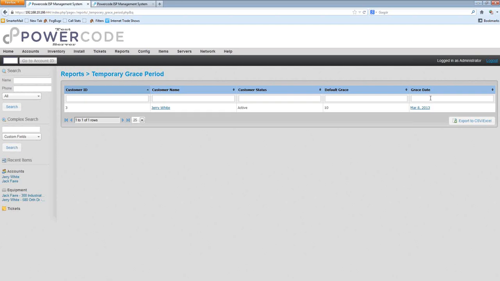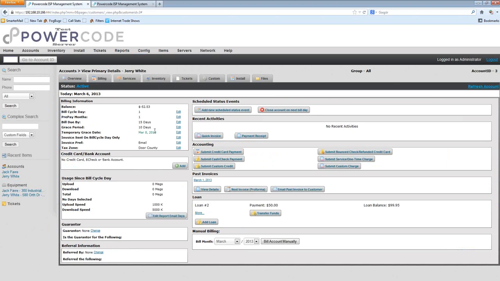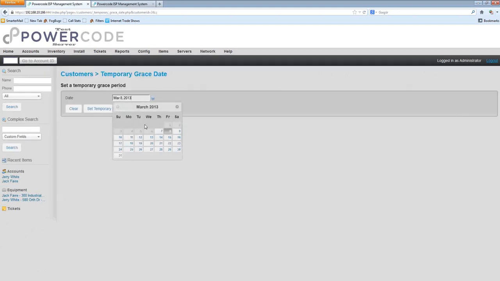We could change the default grace period, but then now we have somebody that doesn't match everybody else in our system. So they'll just have a different grace period. After the customer pays, we may forget to go back in and switch that grace period. So now we have an incorrect account in our system. So what we'd like to do is go into Jerry's account, because he does have that grace period set. We don't actually now have to manipulate that hard grace period. We can just set a temporary grace to where we won't shut them off until they pay by a specific date. So instead of adjusting the grace period, we'll come in here, we'll select the date.